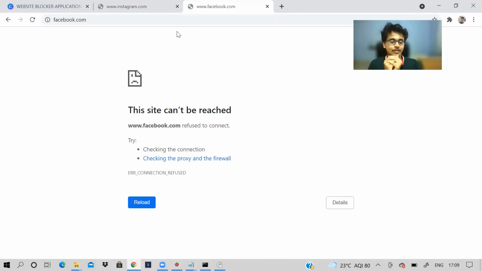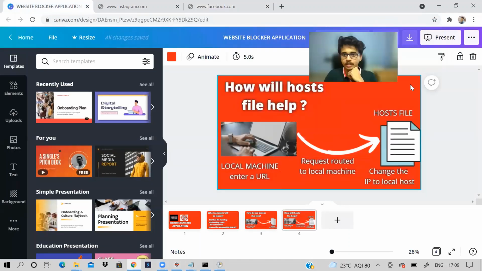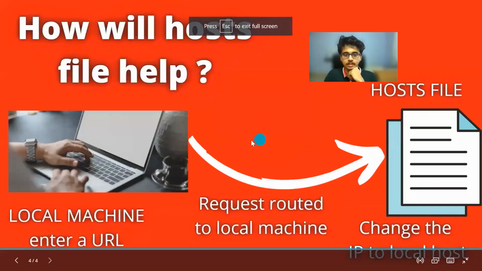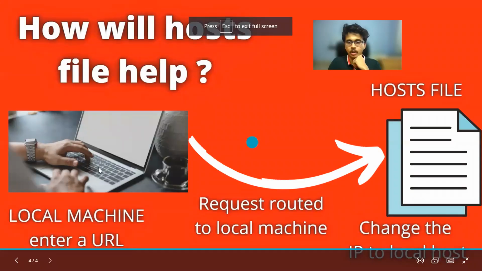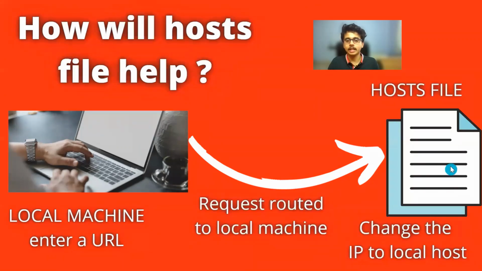So this was our project. And I hope you are able to understand everything. I made a small presentation also, a small presentation to explain what the project is. I hope you liked that and were able to understand with this diagram and all, basically what is happening. Instead of the DNS request going to the server, it is going to our host file and checking there only whether that domain name is mapped to some IP address. We are just redirecting the request to our own host.